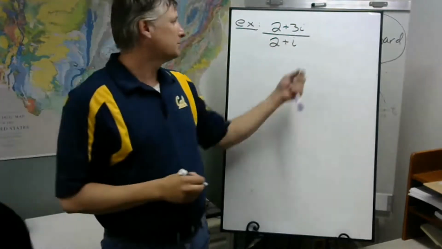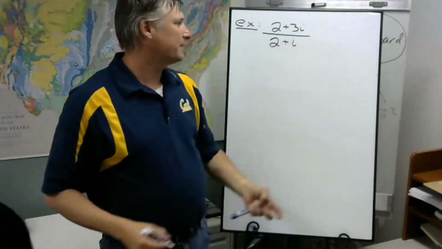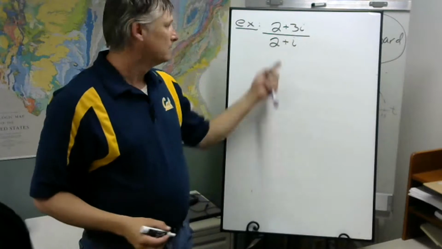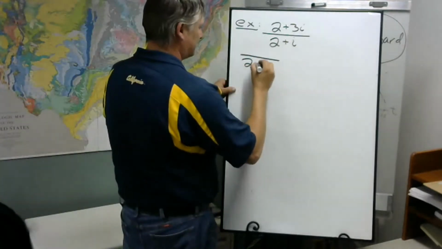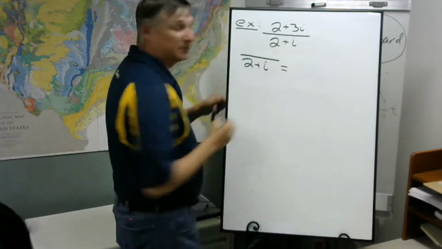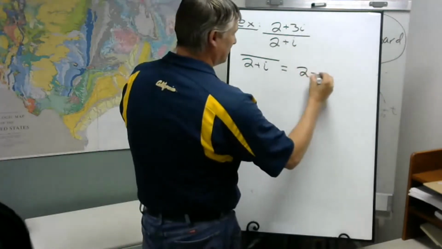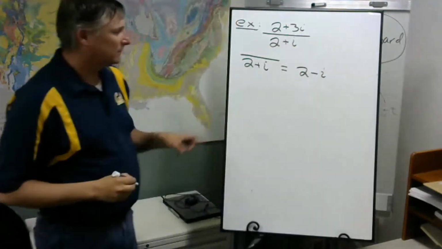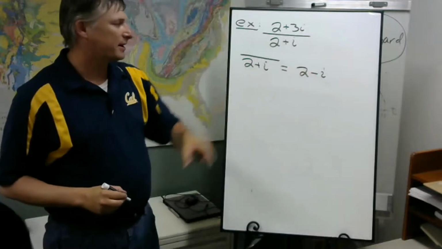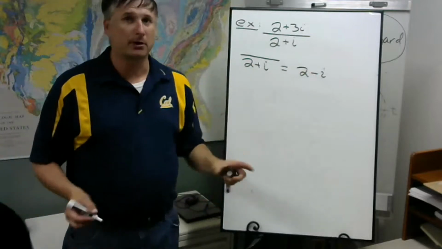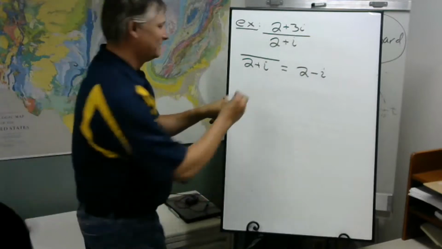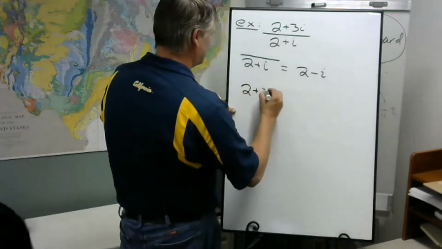Again, what we're going to do, we'll multiply the top and bottom by the complex conjugate of that denominator. So the complex conjugate of 2 plus i is 2 minus i. Again, we just change the sign on the imaginary part. We leave the real part alone. So this will give us